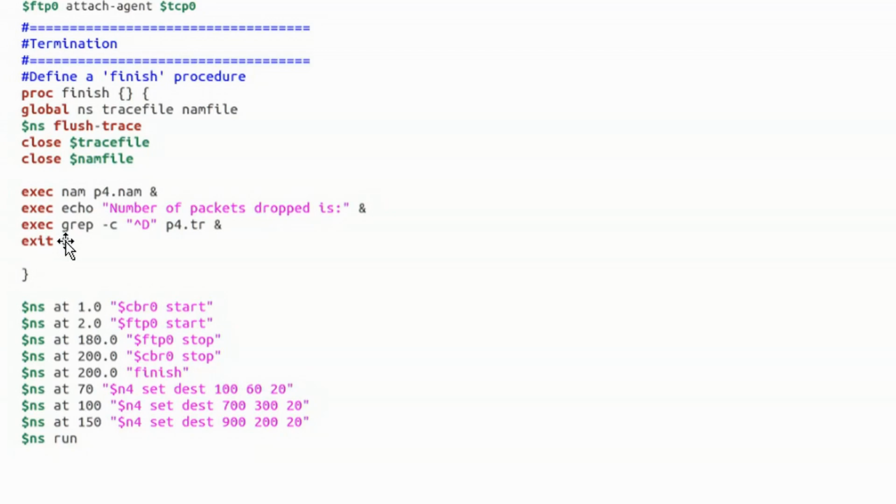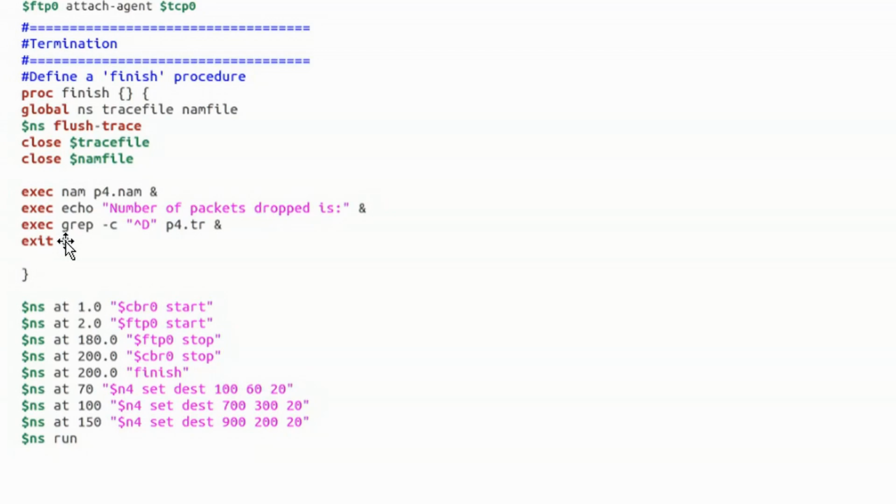So I am using a TCL script that I am going to save, any program name .tcl. I am also using one more awk file, which is one more file with the extension .awk. Why do I need that AWK file?